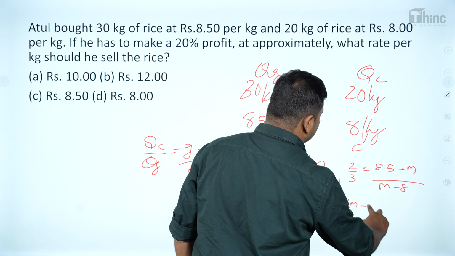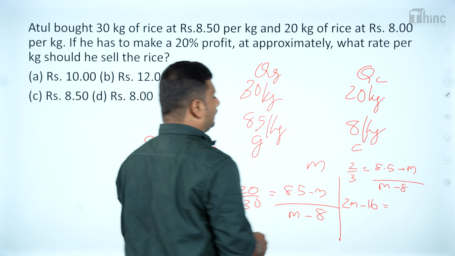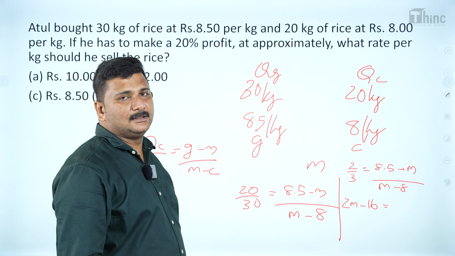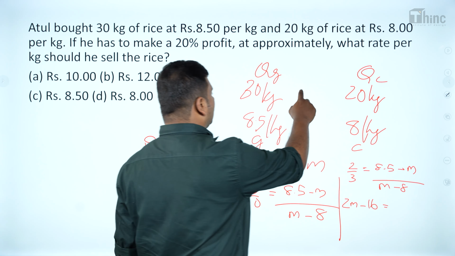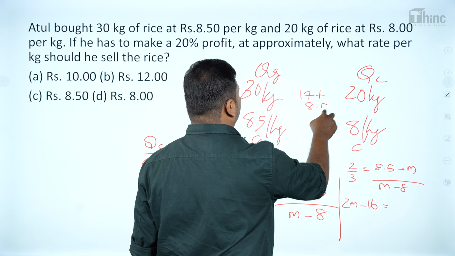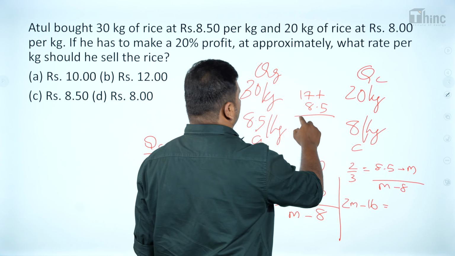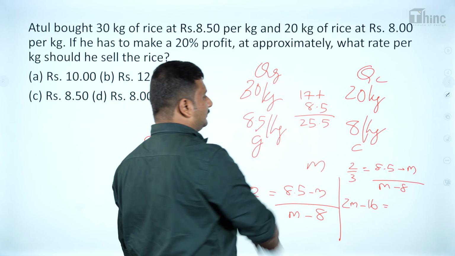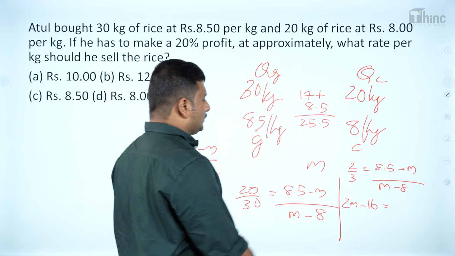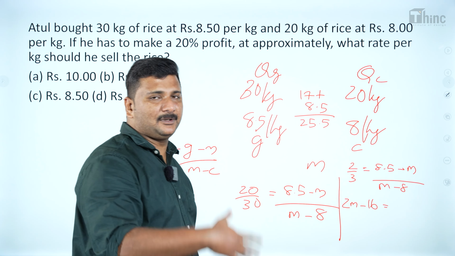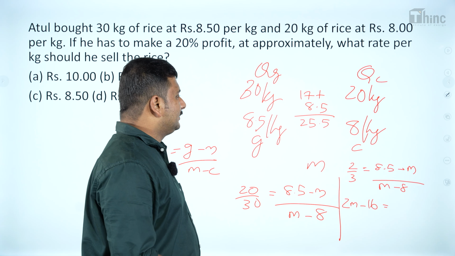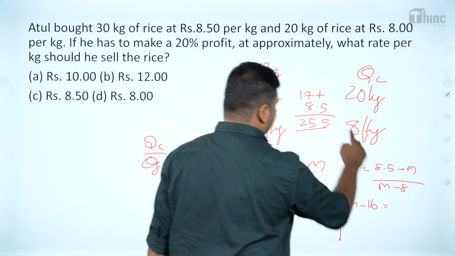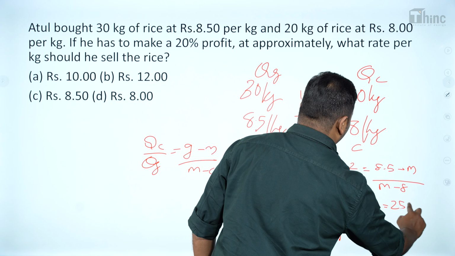2M minus 16 equals, what is 8.5 into 3? 8.5 plus 8.5, what is that? It's 17. So what is 17 plus 8.5? It's 25.5, right? So 3 into 8.5 is 8.5 plus 8.5 plus 8.5. Or else you can simply multiply. So the double of 8.5 is 17. 17 plus 8.5 is 25.5. So 3 into 8.5 is 25.5